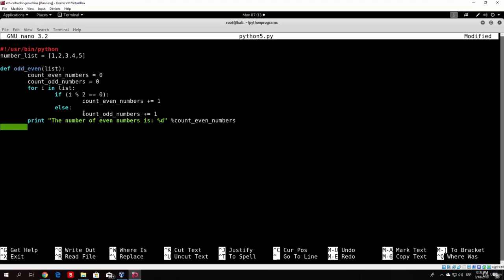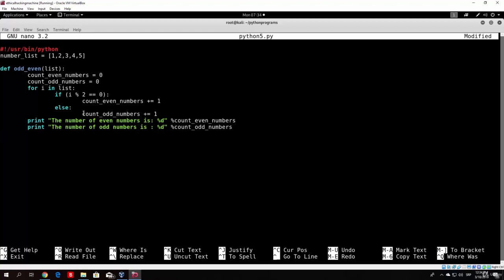And then we also do the same, so print the number of odd numbers is %d, and then %count odd numbers. So it is rather simple, as we can see right here. It will just print out the number of even and number of odd numbers,